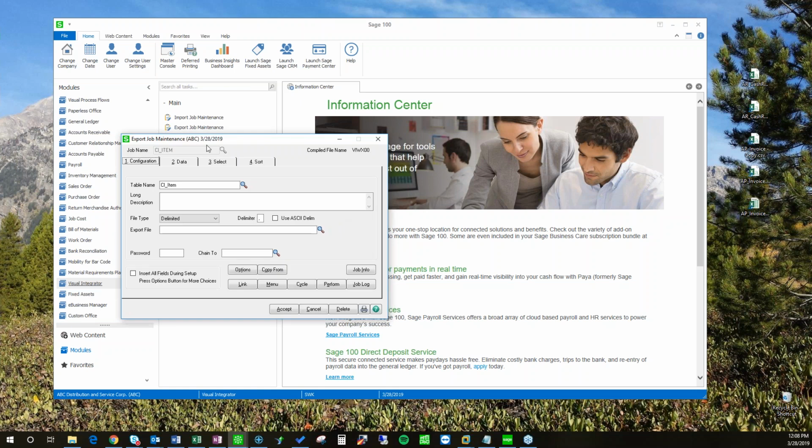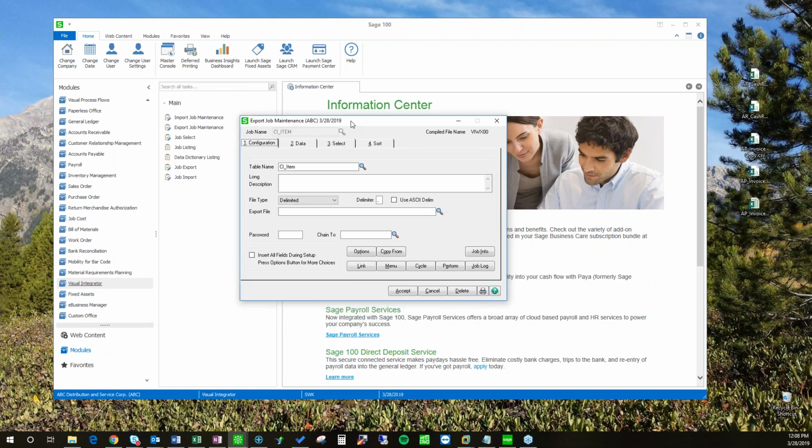And it is a new job, so we're going to get started here. Again, those of you who are familiar with this, this may look pretty familiar to you. We've already got our table name in here. I would always recommend a description as well, because when other people are trying to select a job in the